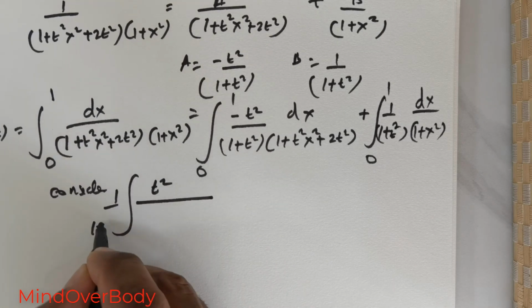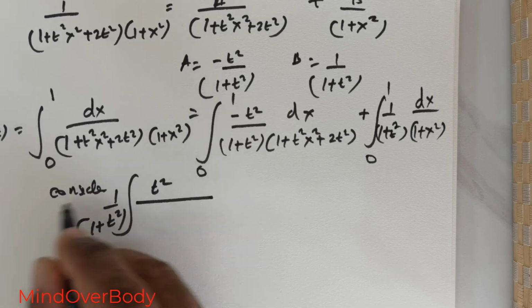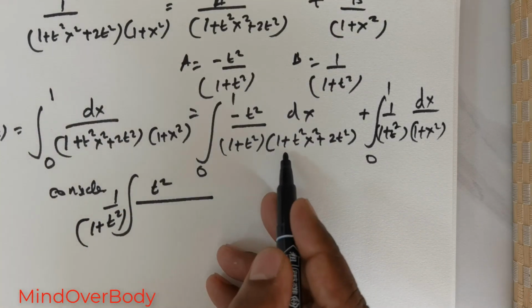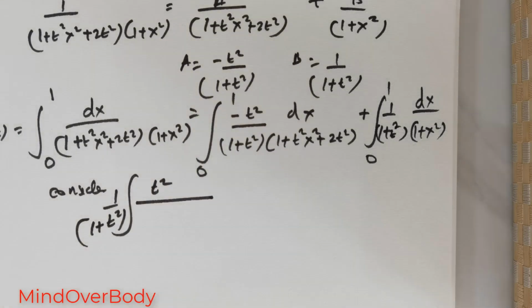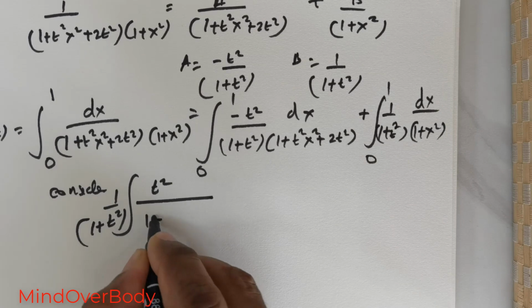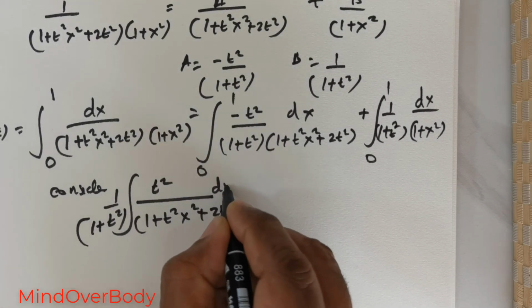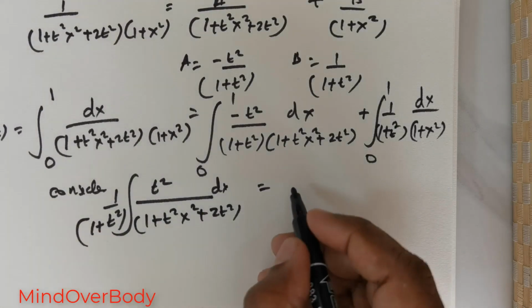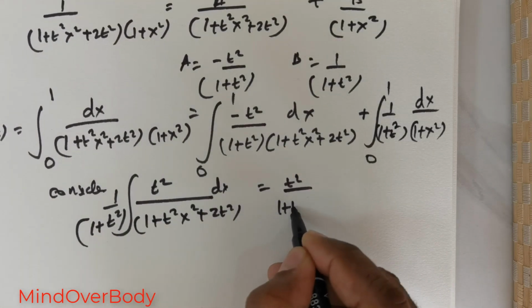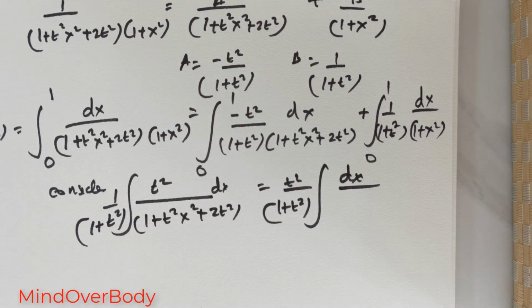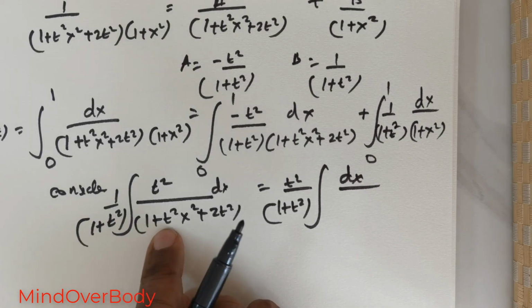Anyway, let me just place this t squared out here, and then you get 1 + t squared x squared + 2t squared. Now what I wish to do is first give a form to this quantity. So let me write this as t squared over 1 + t squared, integral dx divided by, and if I were to take t squared out,